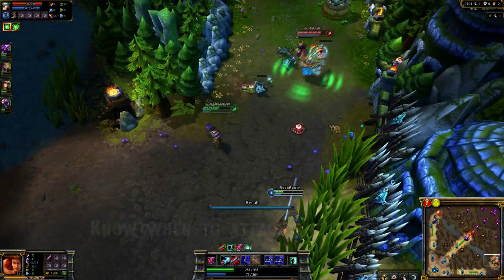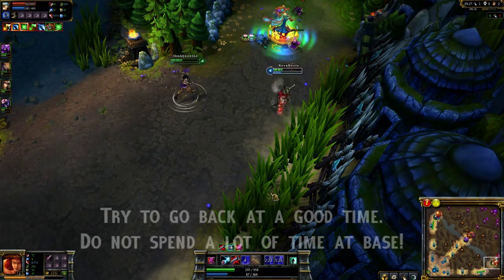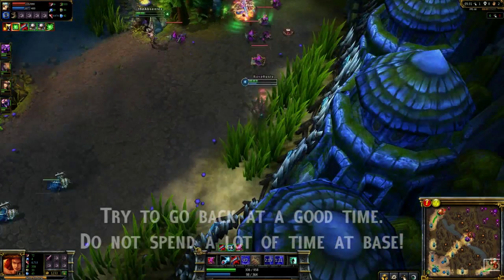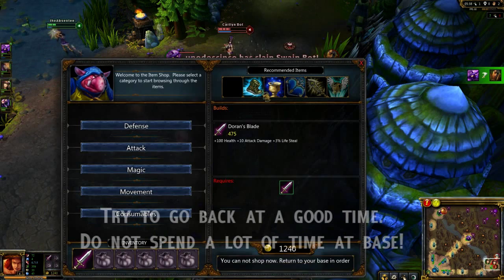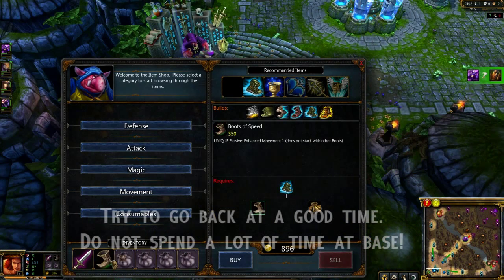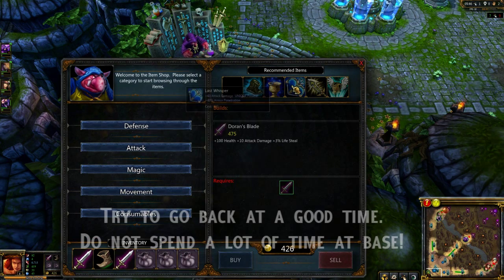Once you're out of mana and you feel like you do need to, it's called going back to the base. An enemy has been slain. Then you can go pick up some more items. Try not to be gone for too long, because you normally don't want to go back so often,